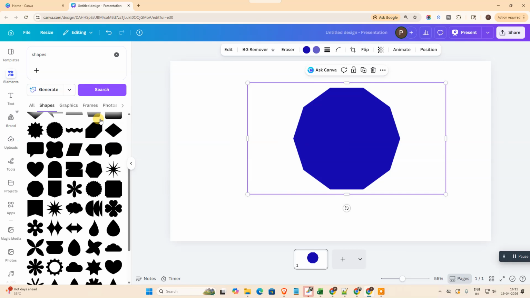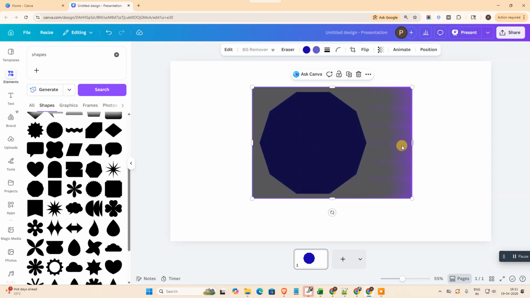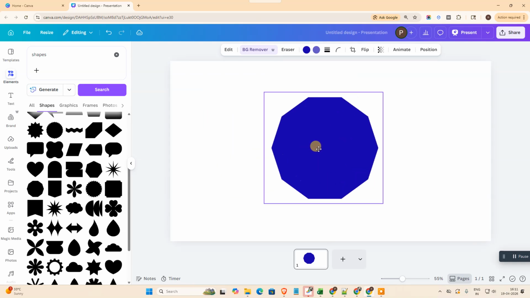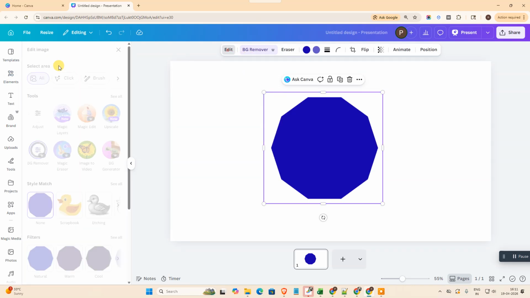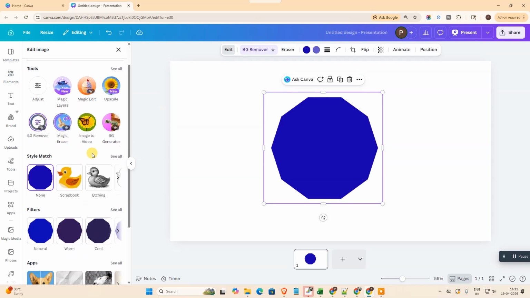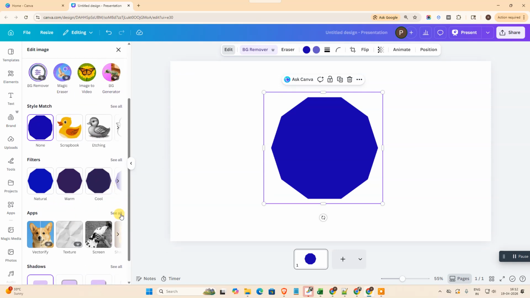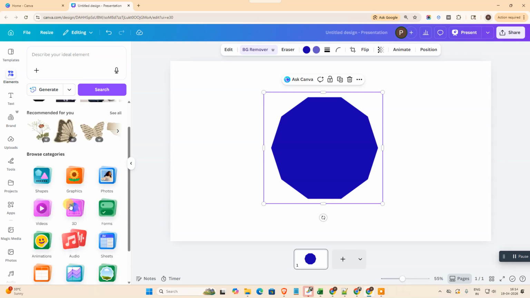Okay, this is not a shape, this is an image now. So you can remove the background and crop it like this. Now we have the shape. Okay, and now we go to Edit image, and here we need to go in that app. Let me show you. Okay, just go to Edit, and here